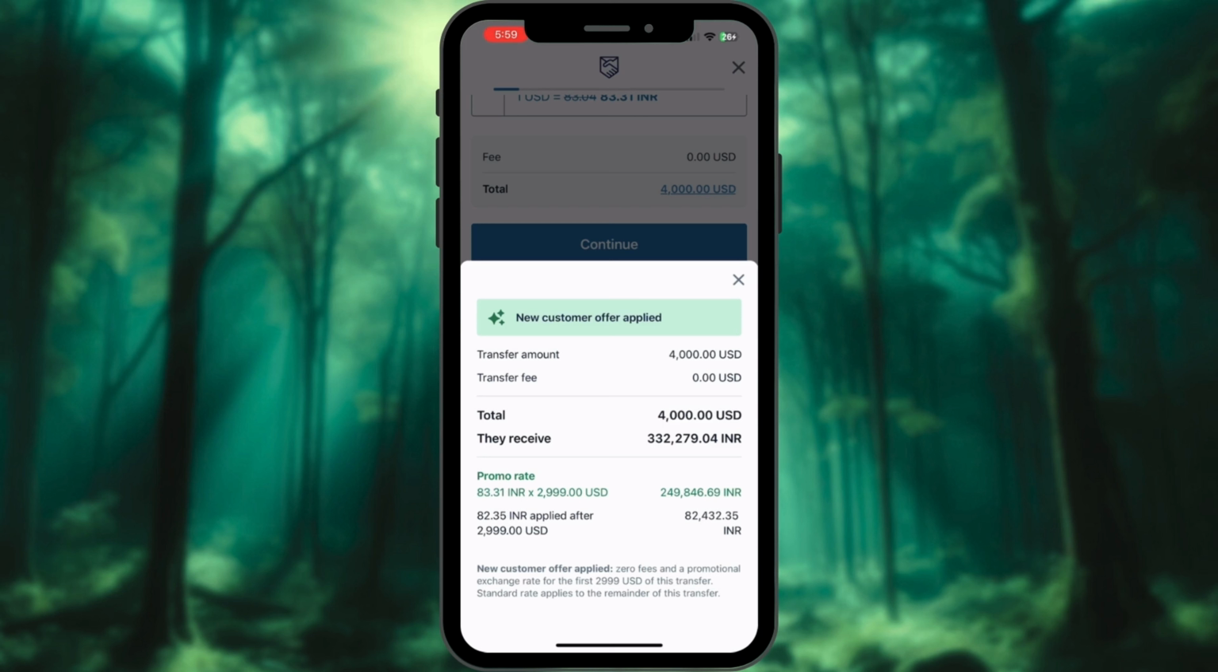Want to send money from the United States to abroad quickly and easily? Stick around as we compare two popular services, Western Union and Remitly, to help you find the best way to